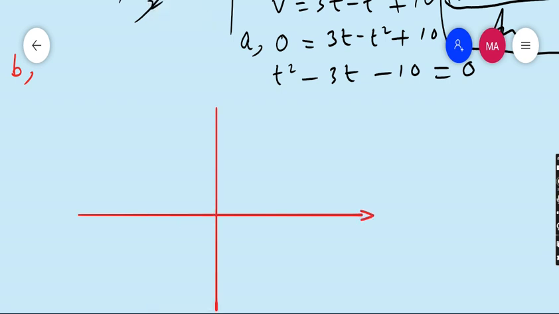So students, this is our x-axis, this is our y-axis, this is the origin where both the values are 0. On the x-axis we plot t, on the y-axis we plot v. We have two values of time, that is minus 2 and 5. So you can say this point is minus 2 and this point is 5. And at t equal to 0, the velocity is 10. This is also given. Okay, so our graph must pass through minus 2